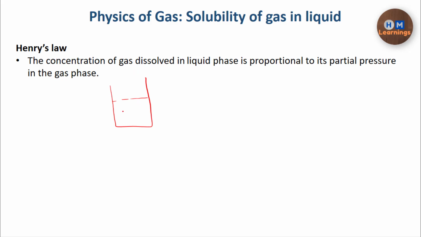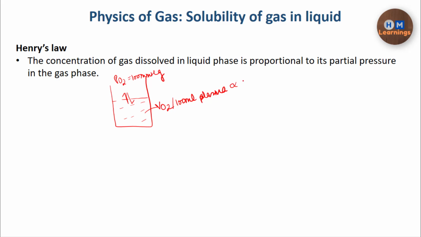So if you're taking a beaker filled with arterial plasma, and you're having oxygen, here the partial pressure of oxygen is 100 mmHg. So you have exposed the arterial plasma to the atmosphere which has a PO2 of 100 mmHg, and then there will be a diffusion of oxygen molecules, and ultimately there will be an equilibrium of the oxygen between the gaseous phase and the liquid phase. After achieving the equilibrium, what will be the volume of oxygen dissolved in 100 ml of arterial blood is something defined by Henry's law,